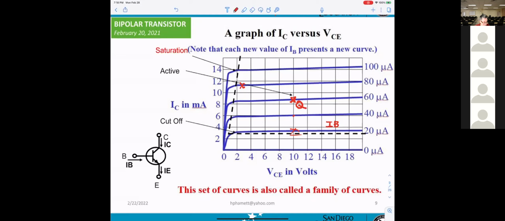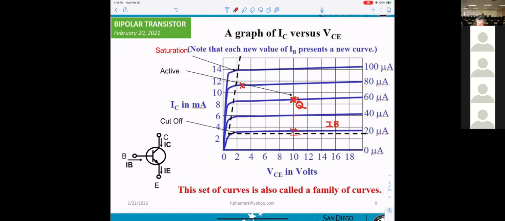If you want to design the circuitry to be an amplifier, then you have to get your Q point first. Okay? Like for example, you pick your Q point here, and you know IB already.